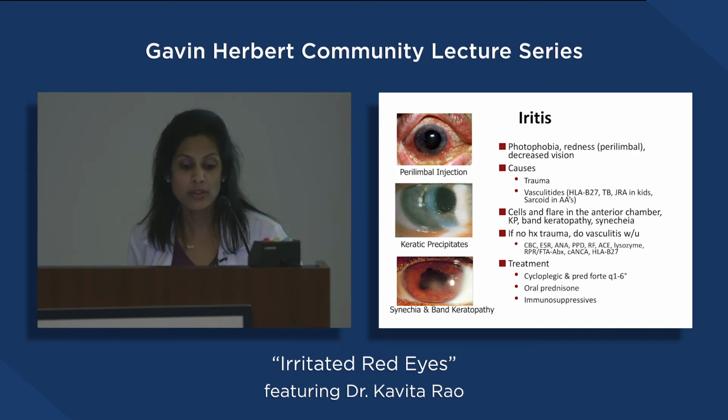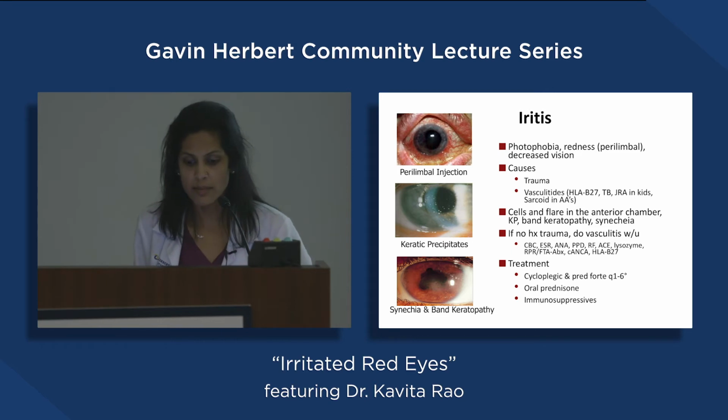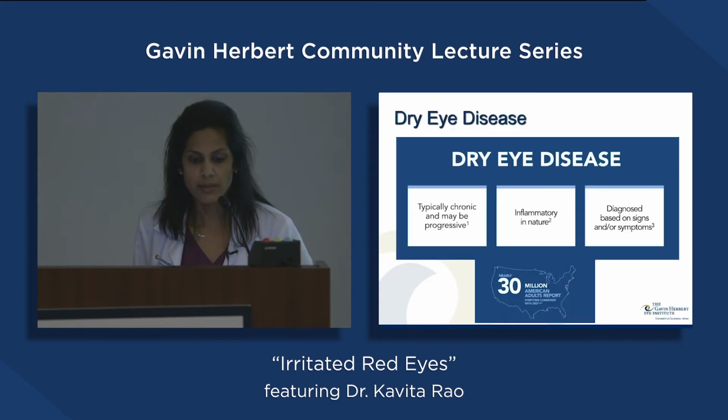So that can happen due to a lot of different reasons. Sometimes it's associated with other systemic medical problems, such as you can get autoimmune conditions like lupus, rheumatoid arthritis. A lot of things can cause inflammation in the eye as well. So that's why it's important for us to know what other medical problems you might have, because it could be the same thing causing inflammation in the eye. And then we have some drops and things that we treat this with as well. A little too detailed to go into, but those are just some broad kind of